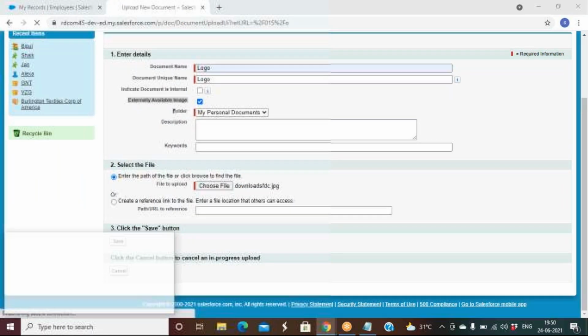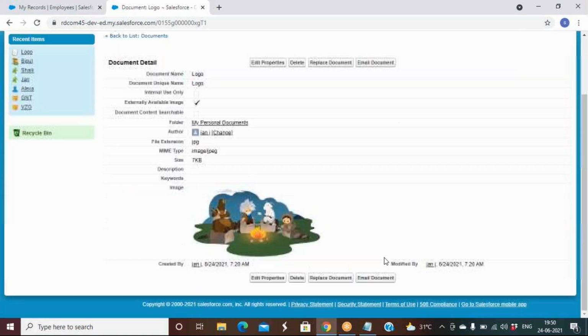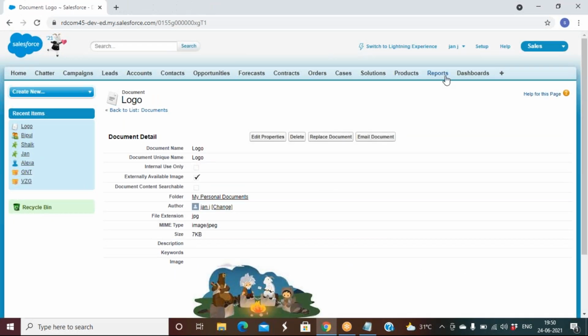The file should be very small in size, in KBs. Now I've uploaded a logo. Okay. Now repeat my steps.